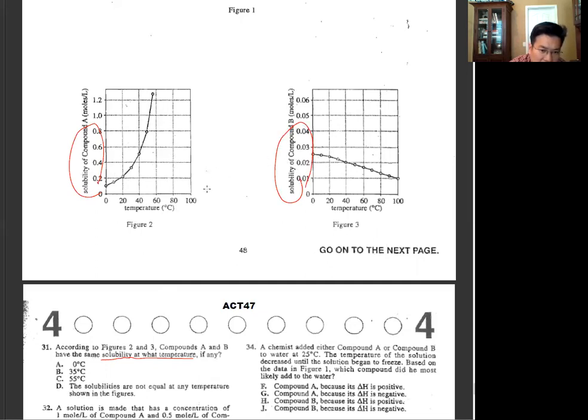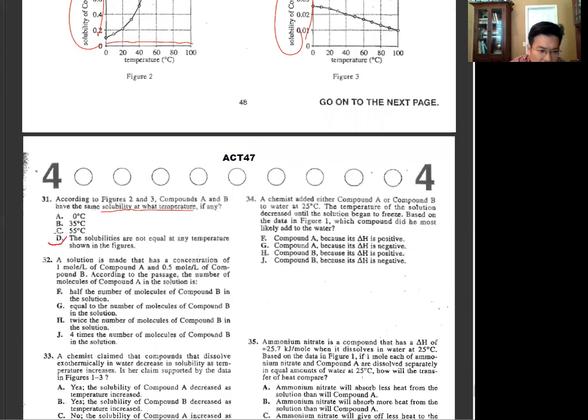So basically figure 3 is around like here. They're like going like this. So they never met each other. So it's the